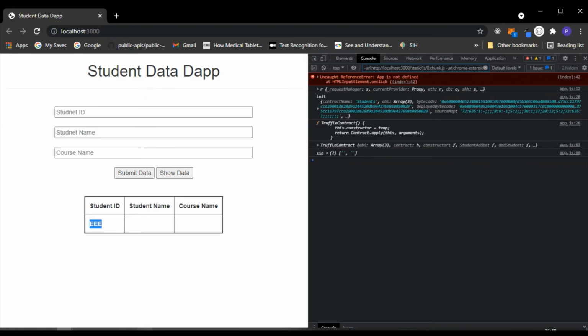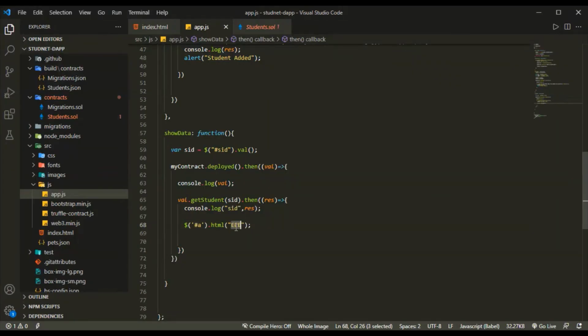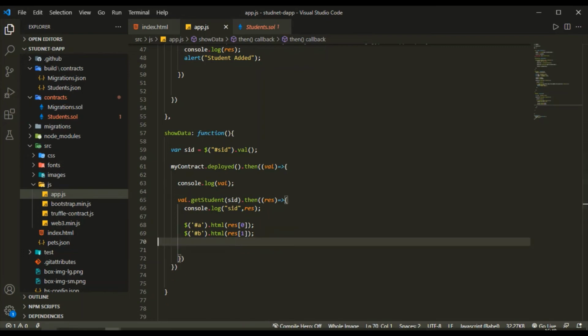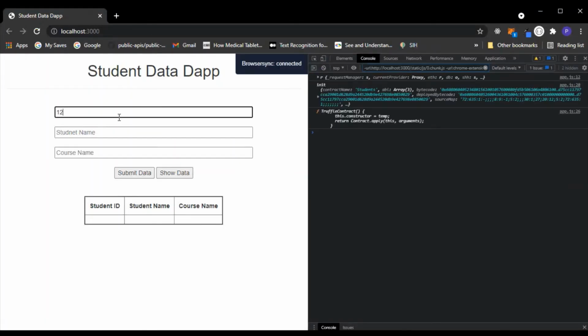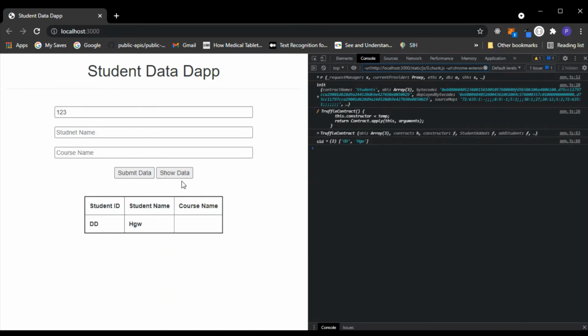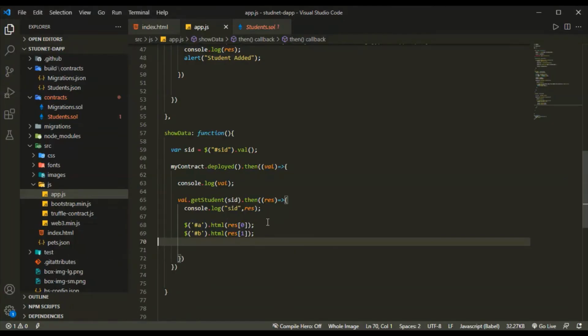So yeah, so now instead of this thing, from the res you are having 0, so that you can set. And then similarly, okay, I guess there should be changes over here. Now I do 1 to 3 and show data. Yeah, so here you can see these things are there, but I need to make it proper. So this thing is the name and this thing is the course. Now okay, so B should be this, C should be this,